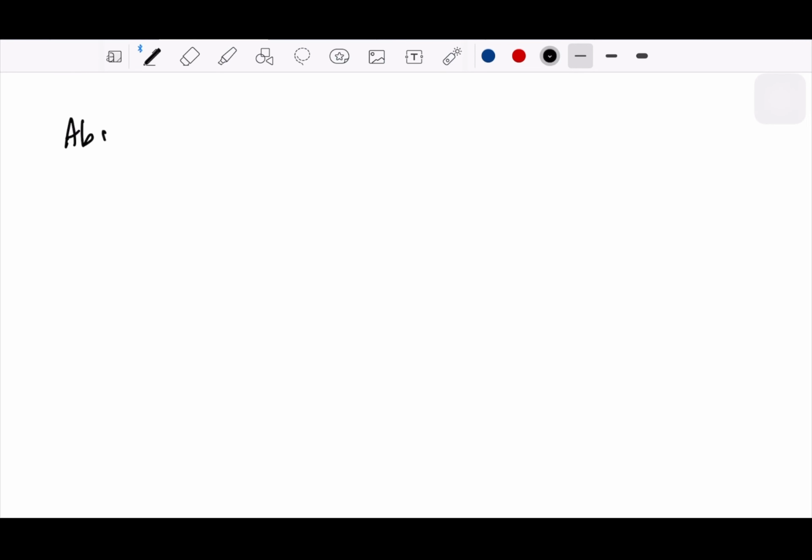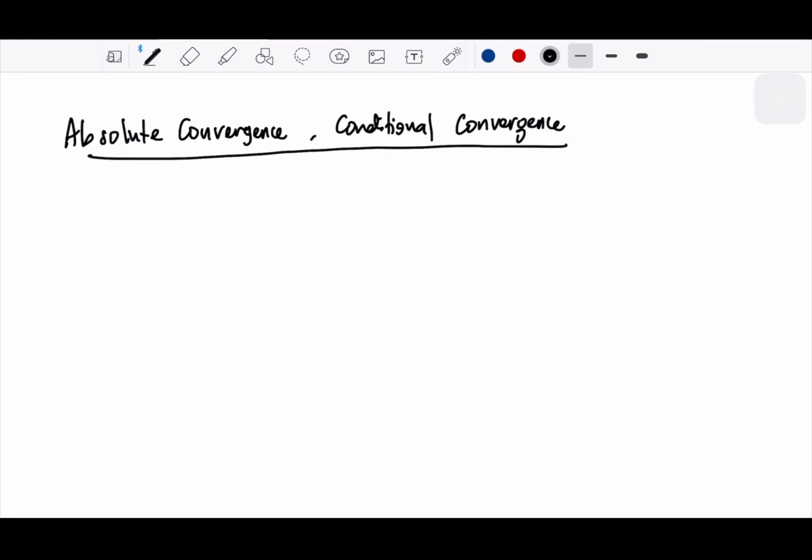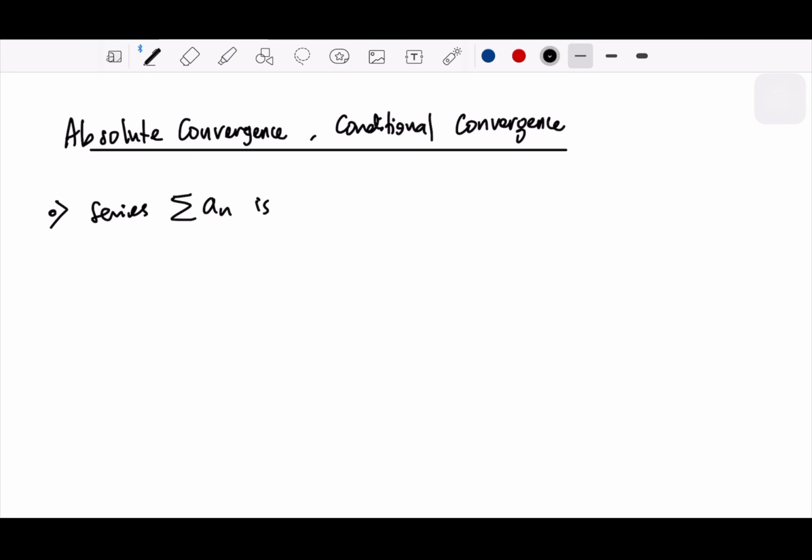So in alternating series, we have conditions that we can state. It's absolute convergence and conditional convergence. Okay, let me start with the definitions. Okay, the series of a_n is called absolutely convergent